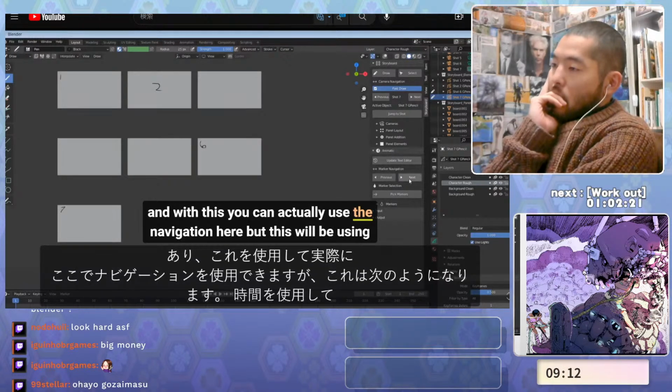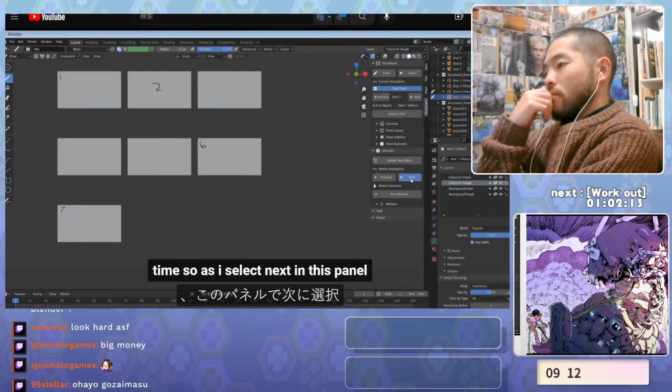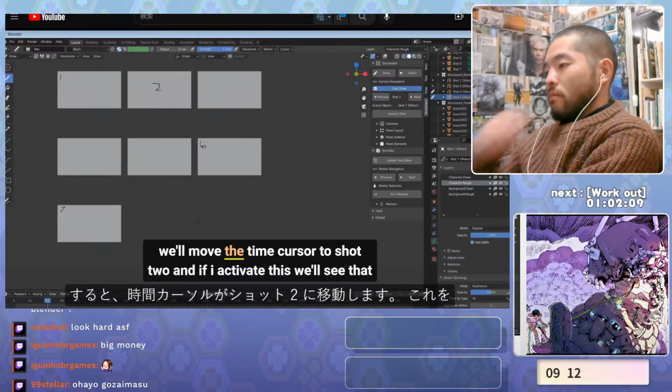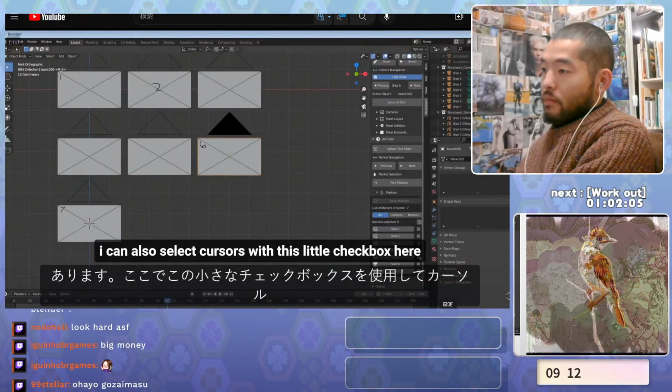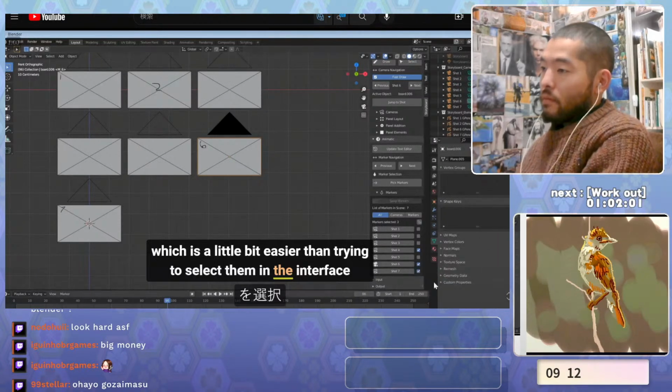And with this, you can actually use the navigation here, but this will be using time. So as I select next in this panel, we'll move the time cursor to shot 2, and if I activate this, we'll also select cursors with this little checkbox here, which is a little bit easier than trying to select